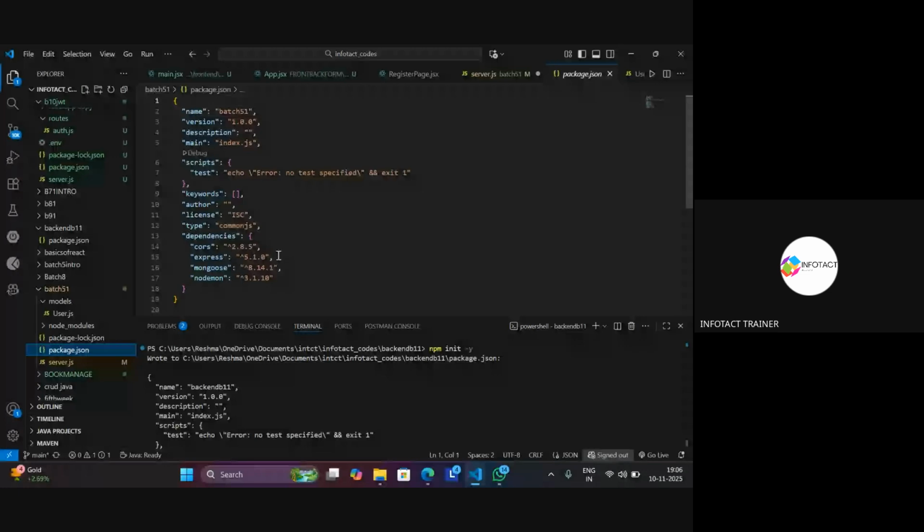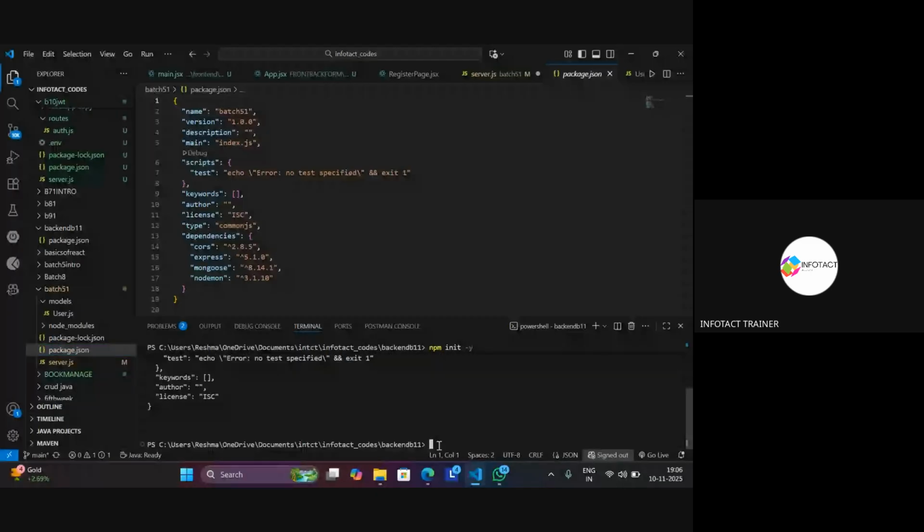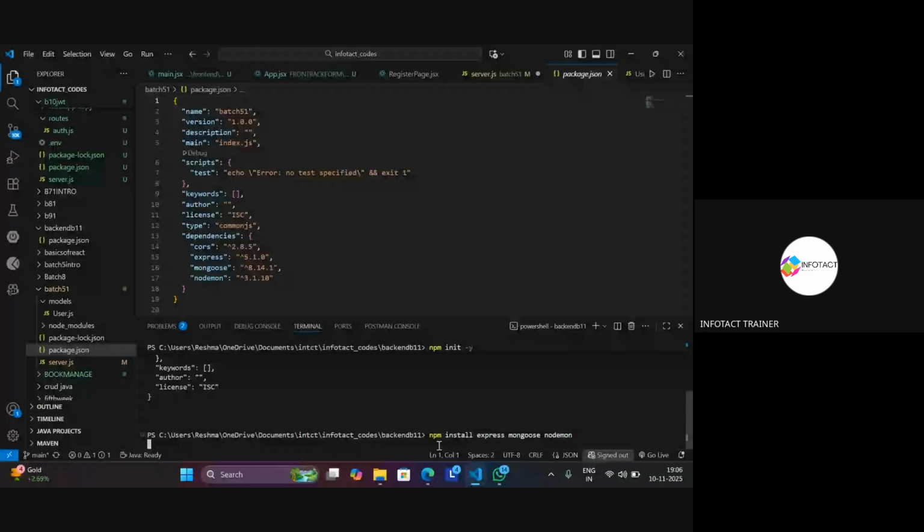We have mongoose. As we have discussed, this mongoose is used in order to